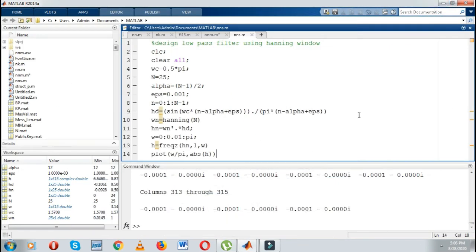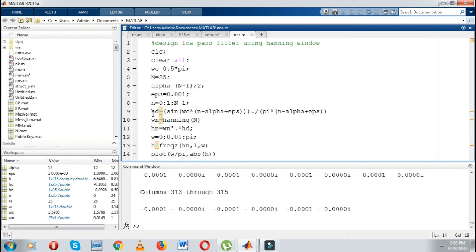So I hope now you understand how to design a low pass filter using a Hanning window. It's very simple. Just take cutoff frequency, then number of samples, then alpha value, epsilon value as per the filter design. Then I have defined the number of time samples from 0 to N minus 1.